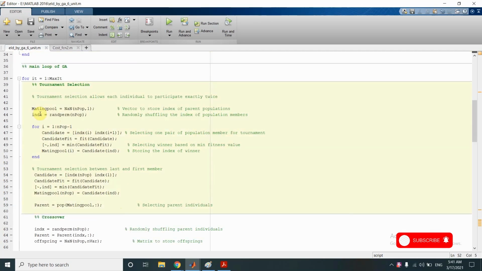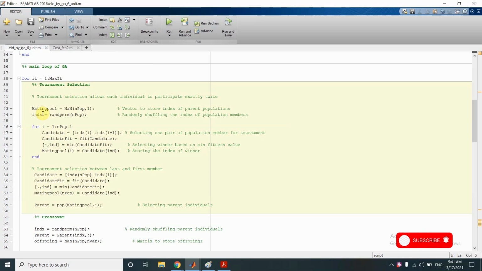Now, after initializing the mating pool, we just randomly shuffle the individuals in the pop matrix. We do this because we want to bring in the randomness. Since we are doing the tournament selection, we do not want consecutive individuals to play tournaments, so we randomly shuffle the individuals. Now if we say after shuffling that consecutive individuals play the tournament, that would actually mean that they are random individuals playing the tournament.